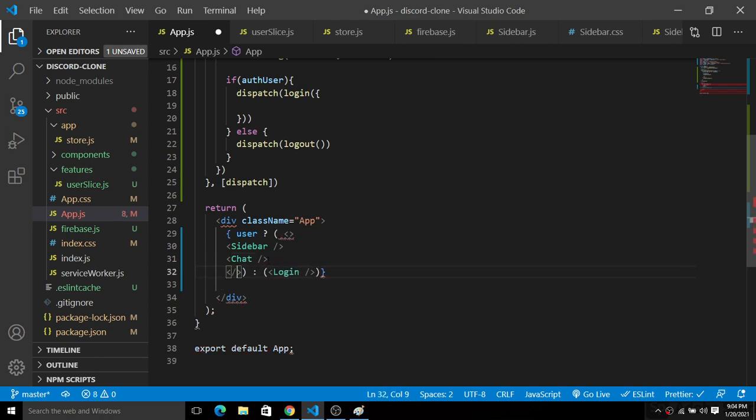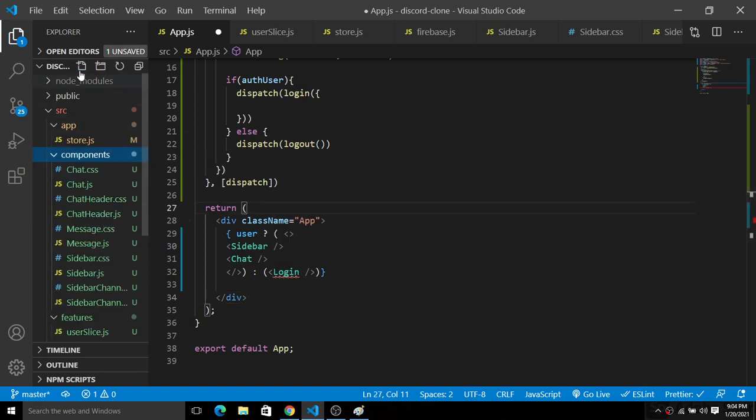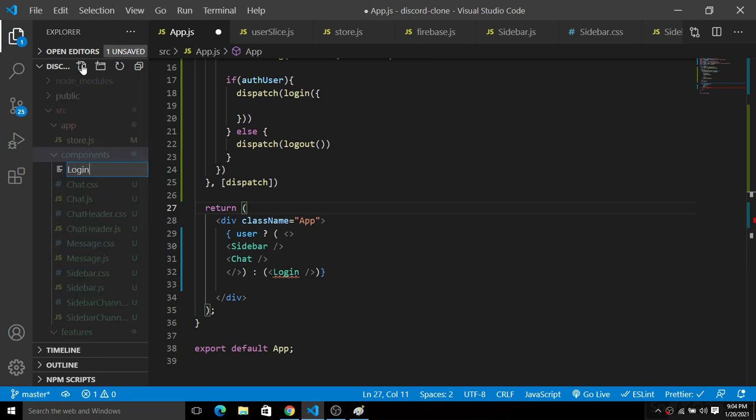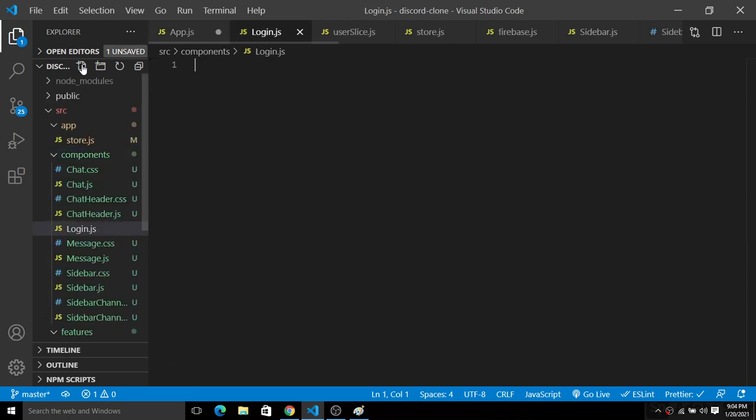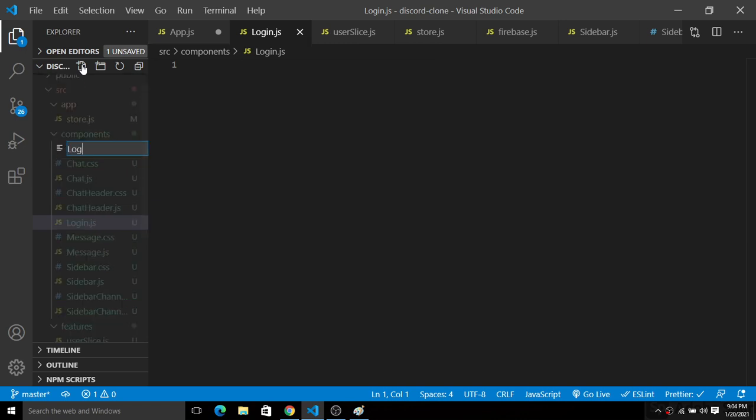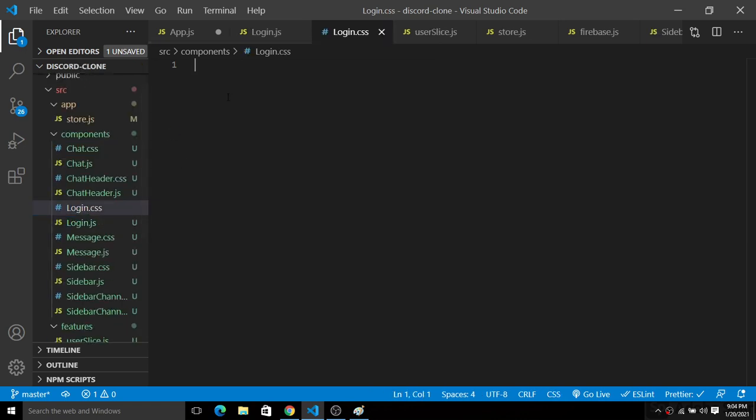Okay, fine. Now it's time to create a login component here. So how do you create a login? Go back to your components, and inside the components create a file login.js and login.css for doing the CSS stuff. So we have this login.css. Fine. Okay, so inside of this login, create a functional component.